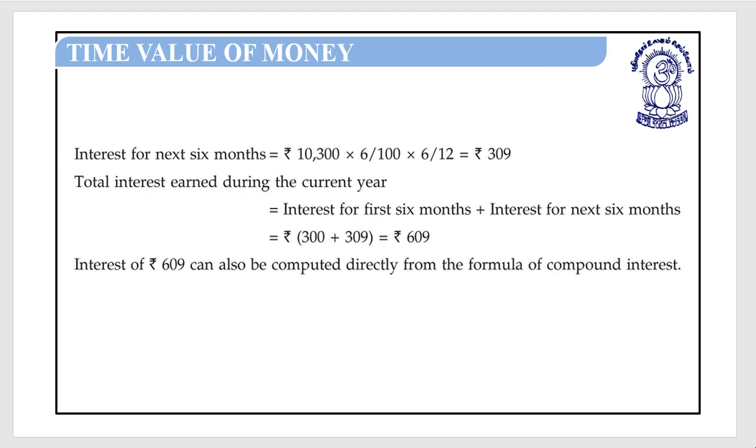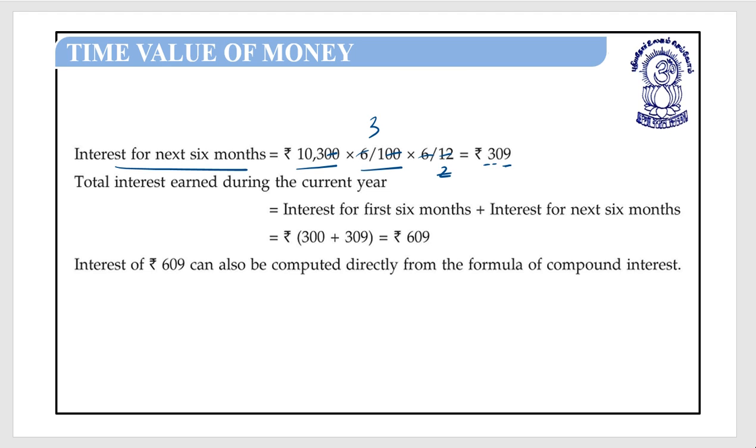Now find the interest for next 6 months. 10,300 multiply with 6%. So 6 by 100 multiply with 6 by 12. 6 2s are 12, 2 3s are 6. So 103 multiply with 3. 3 3s are 9, 3 0s are 0, and 3 1s are 3. So that is rupees